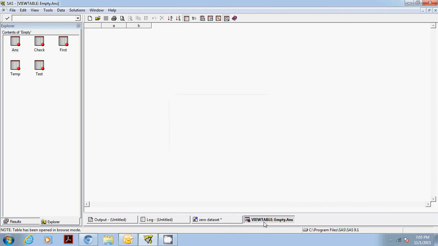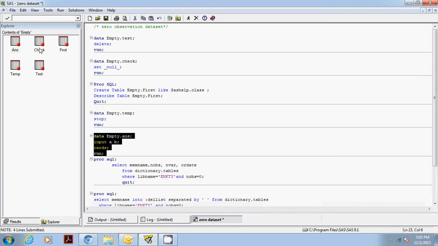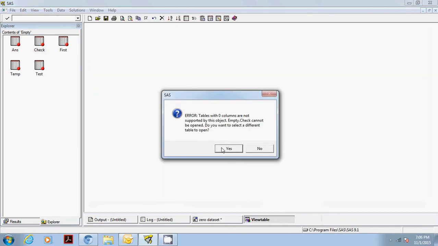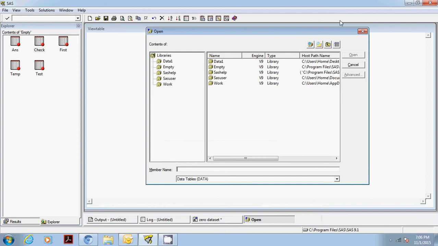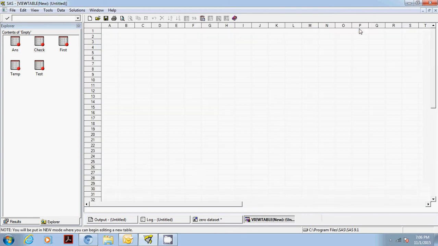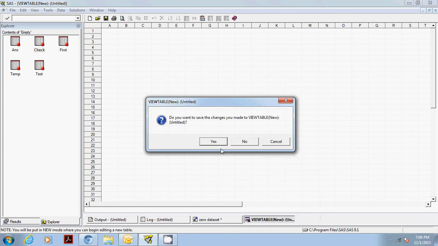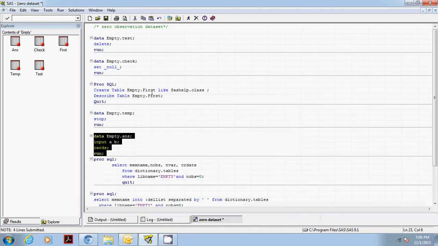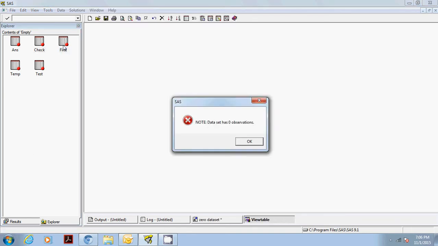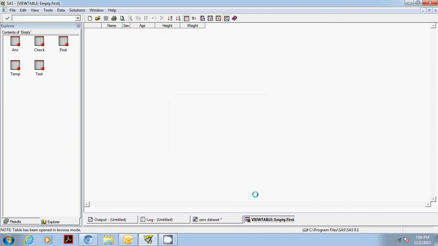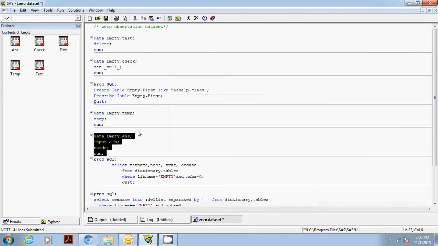I'm going to delete this because it will create a problem in creating a macro and deleting this table, the data part. So I'm going to delete this right now. The first again has the 0 observation. I'm going to delete this.